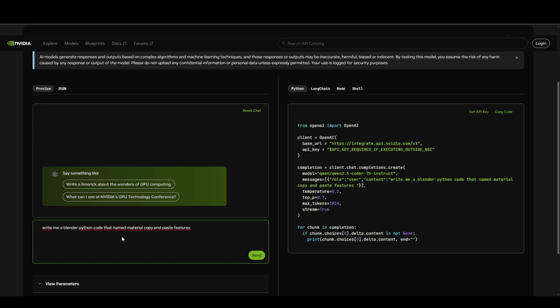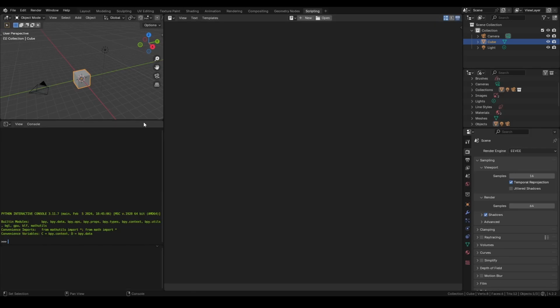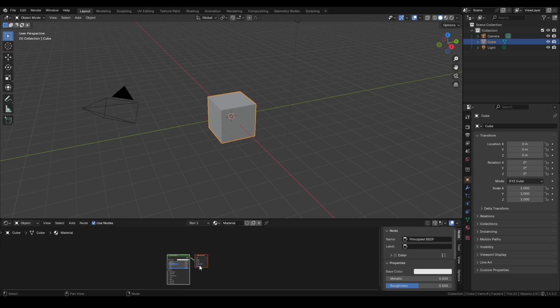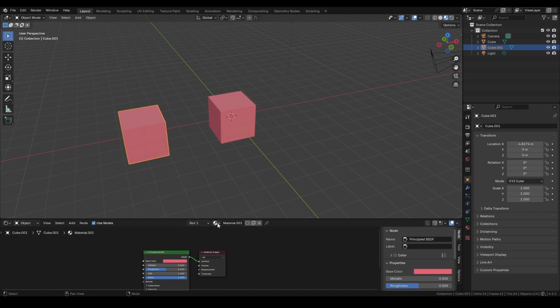Okay, microservices. That's a word that's been popping up a lot lately. But can you remind us what exactly those are? Yeah, so basically think of it like this. It's a little piece of software, right? A self-contained unit, and it just does one specific function. Got it. So instead of having to download and manage the whole Llama Nemotron model, I can just use a microservice to access the part I need. Right. You just tap into the capabilities through an API. It's like using a cloud service. You don't have to worry about all the infrastructure and stuff. That makes sense. So it simplifies things, makes it more accessible, especially for